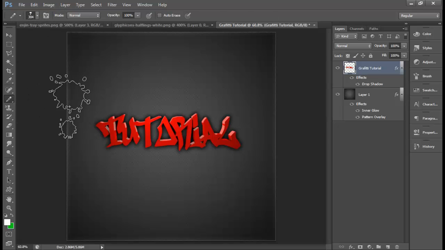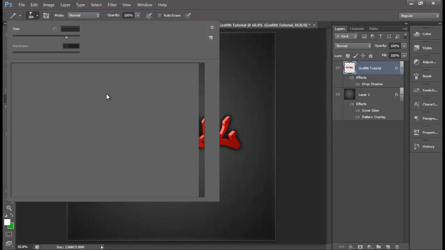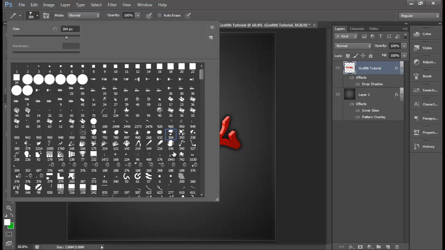I've already got one loaded up, but for this you're going to need to have some nice splatter brushes. I've got some in packs from people, and I've got a few of them here. They're really nice. If you guys really can't find any and want them, I will maybe make a pack soon